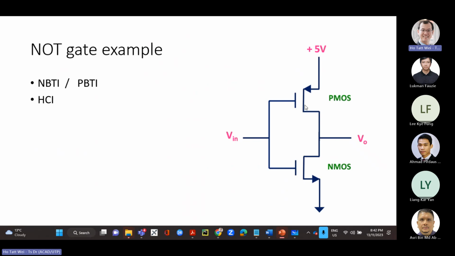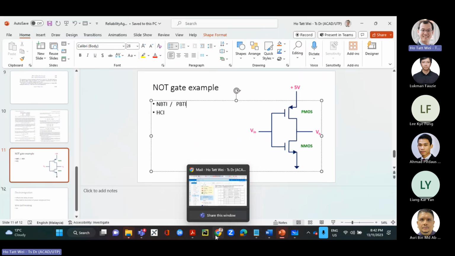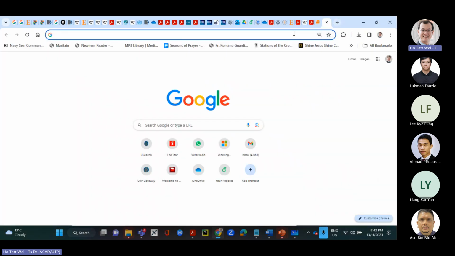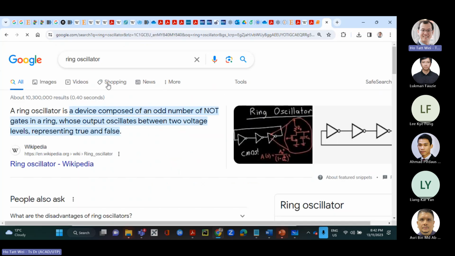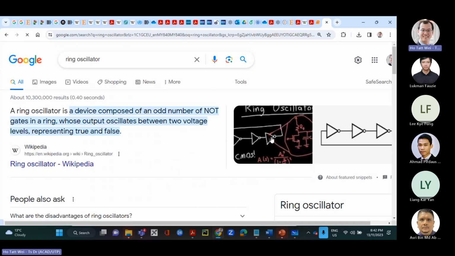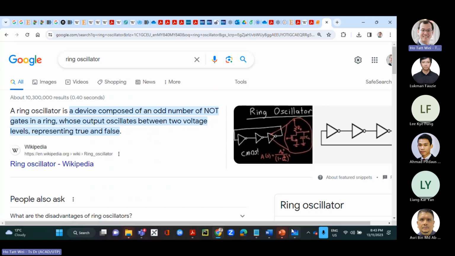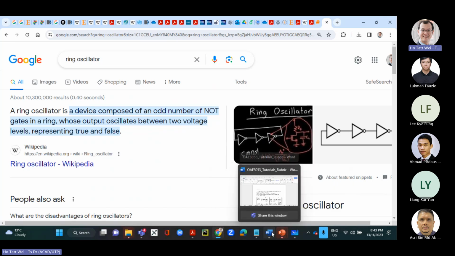And if I were to tell you I use this inverter in a ring oscillator, right? A ring oscillator, I think we talked about it very briefly some time ago, is basically an oscillator made of an odd number of NOT gates. You put them in feedback, so they start generating a clock: logic 1, logic 0, logic 1, logic 0.